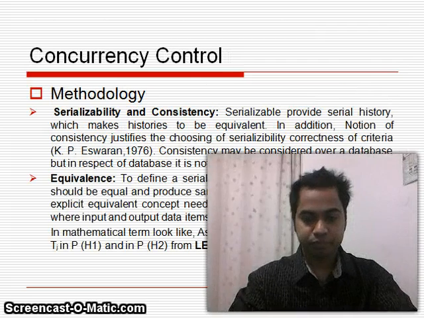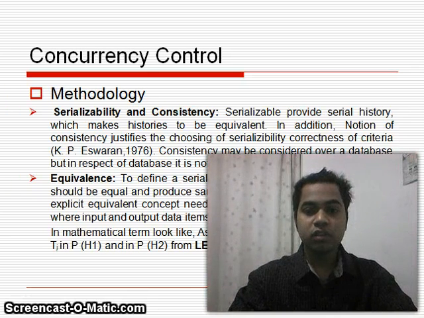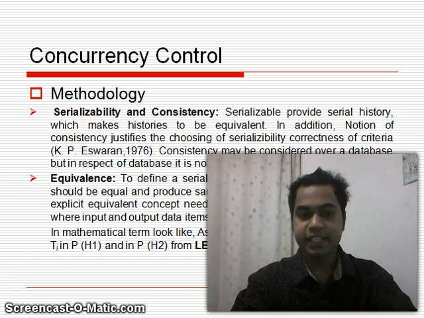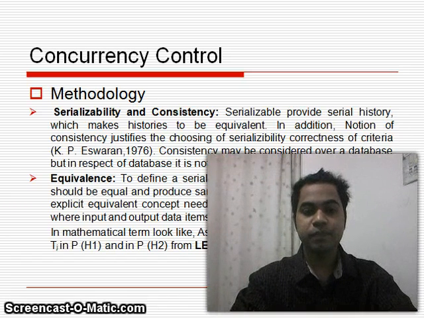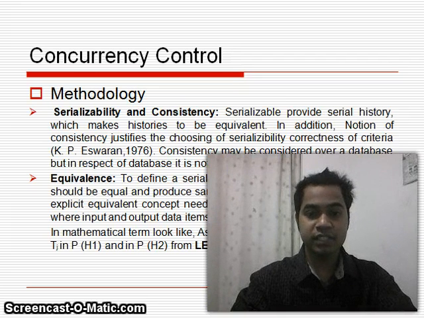Methodology. In concurrency control, there are two parts: one is methodology, another is technique. Methodology: serializability and consistency. Serializability provides a serial history, which makes histories equivalent. In addition, the notion of consistency justifies the choosing of serializability,